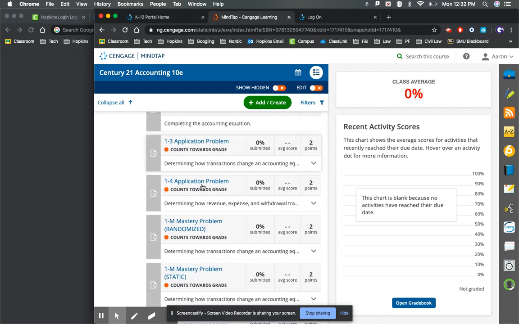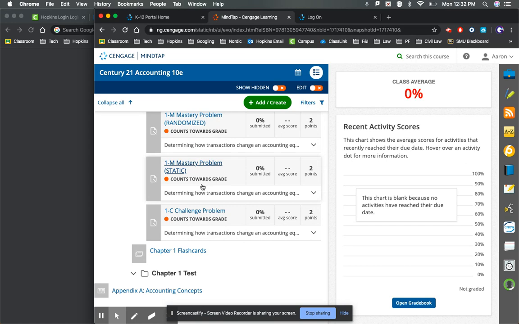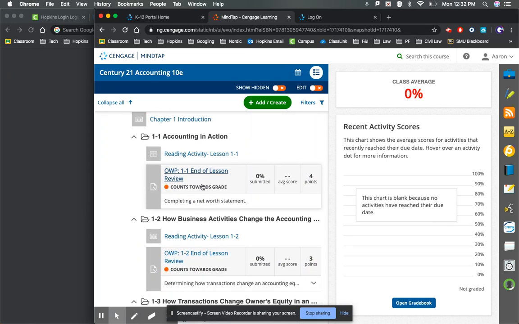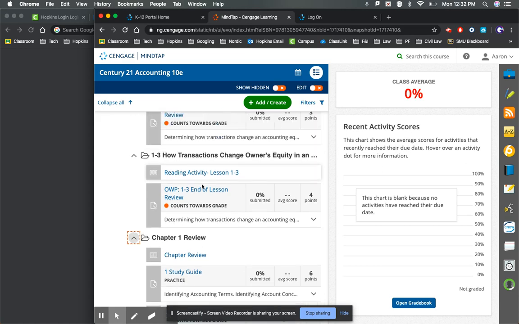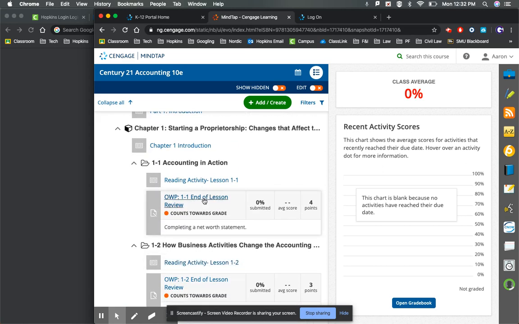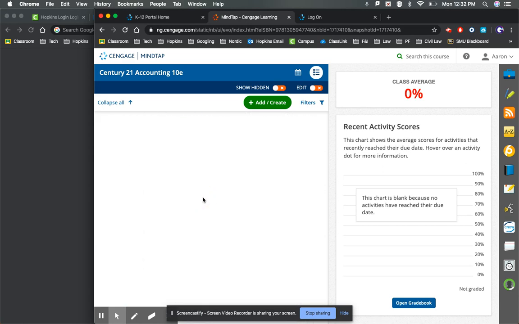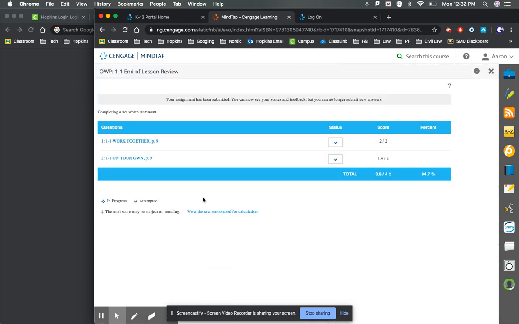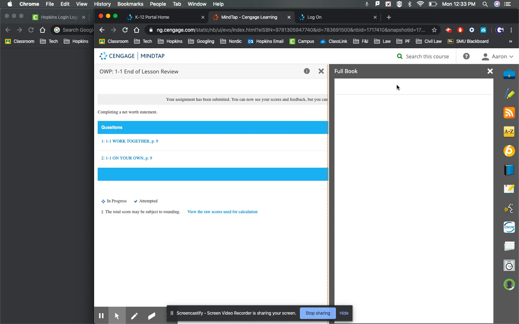There's going to be additional application problems. I will probably not assign all of these. I will take some out, but just so you can see what this site looks like, when you actually click into some of these practice problems, so for the personal net worth statement, we'll click into that one just to have a look. Sometimes there's multiple parts to each of these. For a lot of these practice problems, there's one that says work together, and it gives you a page number reference, which I have found if you open the book and type in